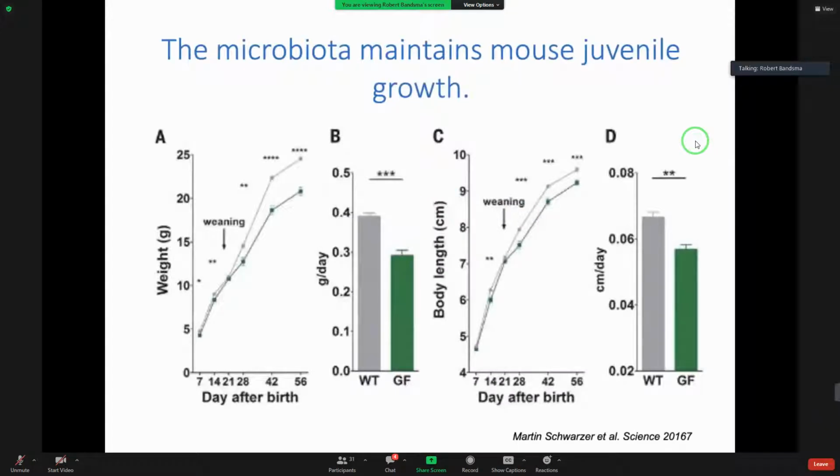What about probiotics? This is a really rather interesting study from about 5 years ago, whereby initially they looked at germ-free mice and looked at their growth. You can see here that the darker lines are germ-free mice. These mice are sterile. They don't have any bacteria, so they don't have a microbiome. This data really showed that you need a microbiome in order to have optimal growth. If you don't have a microbiome, you can't grow as well as when you do have a microbiome.